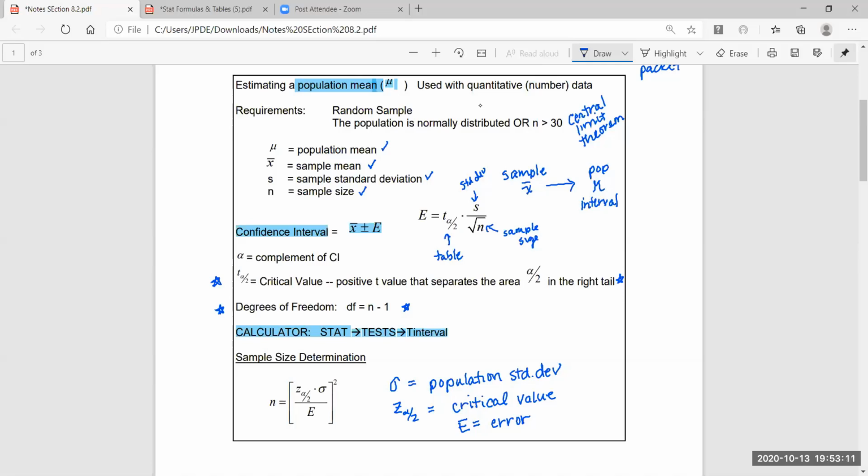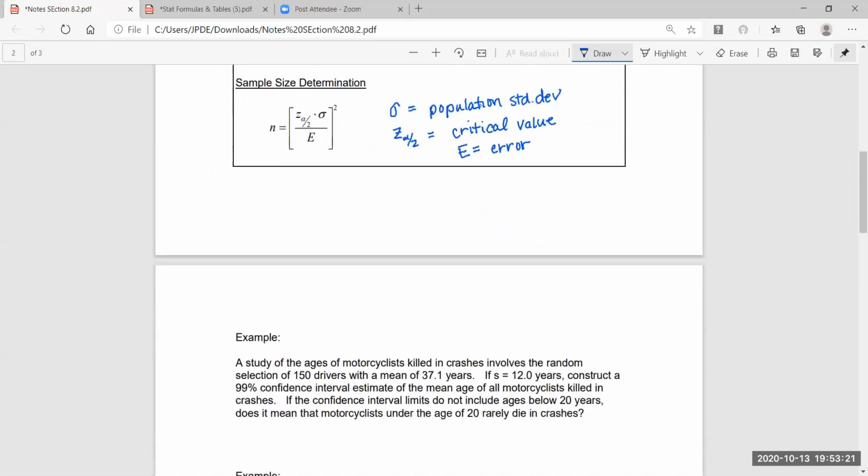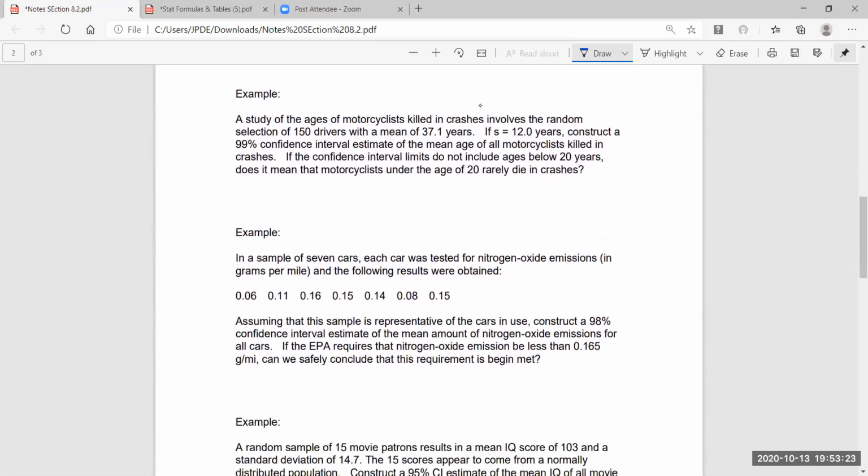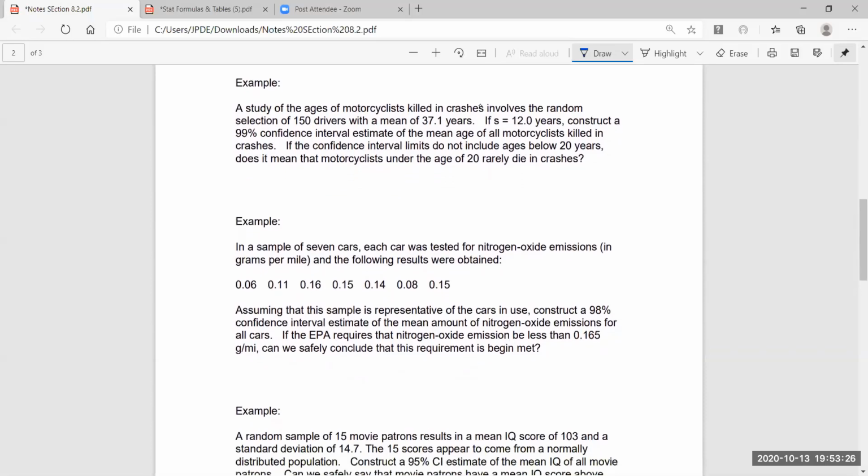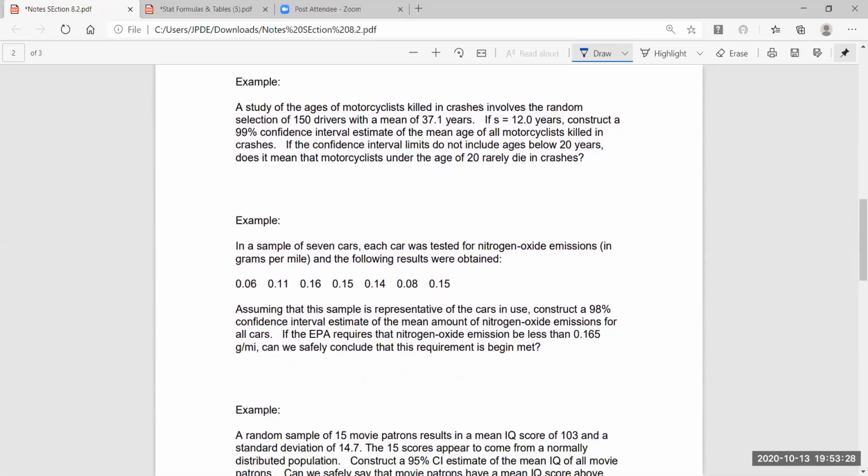Okay, let's look at our first problem. I'm going to get it set up and then we'll go to the calculator so that you can see how to enter everything. Because we spent time with the formulas and the theory, I'm going to cut to the chase on this one and just get to the calculator part as far as getting the